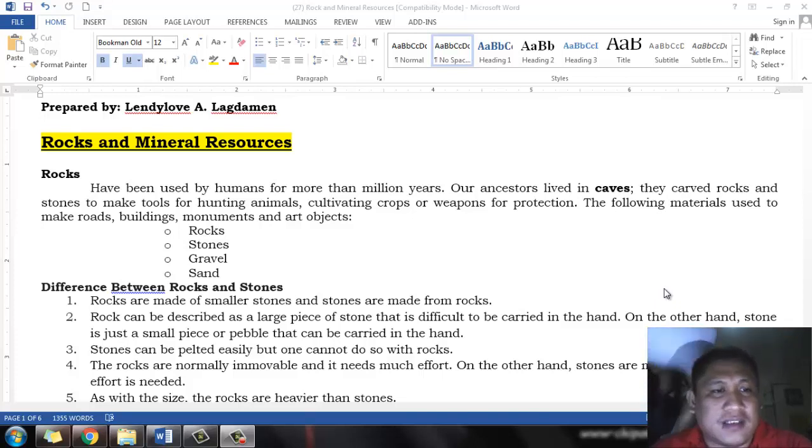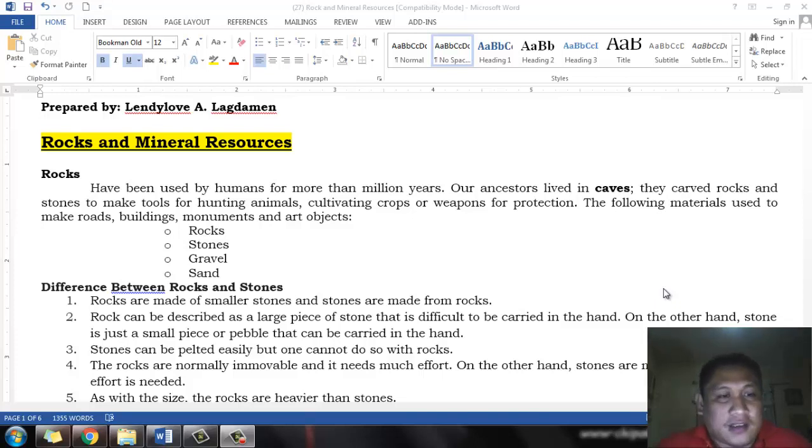They used these rocks and stones to make lots of things, for example, for hunting animals, cultivating crops, or making weapons to protect themselves from different predators. The following materials used today, these rocks, stones, and gravel, are used in building roads, monuments, and various